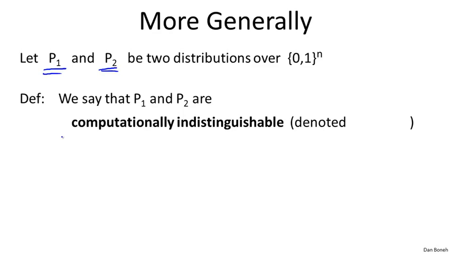We'll say that the distributions are computationally indistinguishable, and denote this by P1 squiggly-p P2. This means that in polynomial time, P1 cannot be distinguished from P2, and we'll say they're indistinguishable, just as before, if for all efficient statistical tests